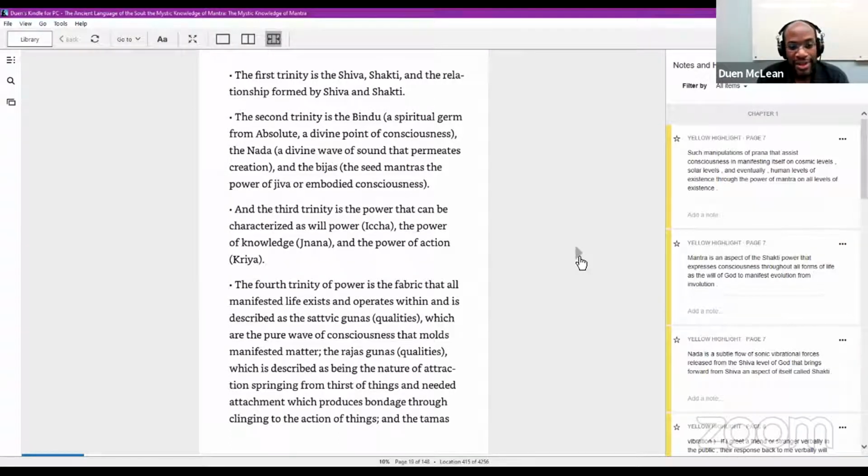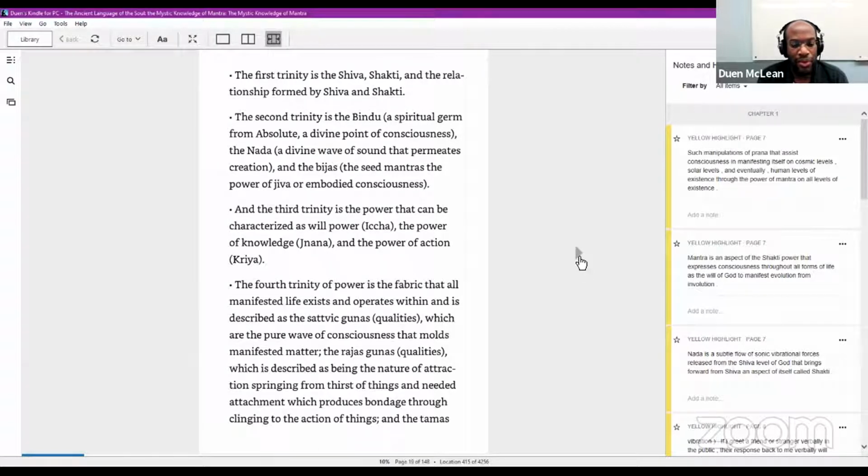And the third trinity is the power that can be characterized as willpower, Icha, the power of knowledge, Jnana, and the power of action, Kriya. The fourth trinity of power is the fabric that all manifested life exists and operates within, and is described as